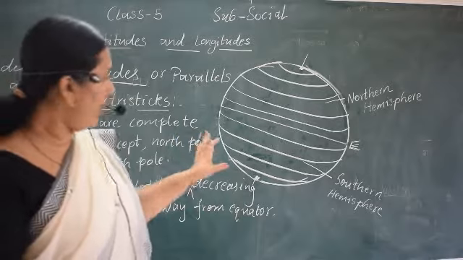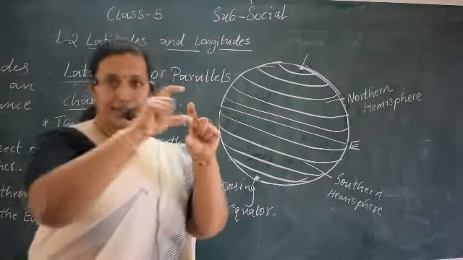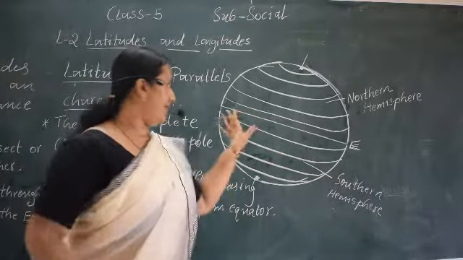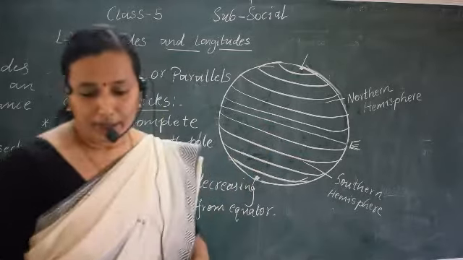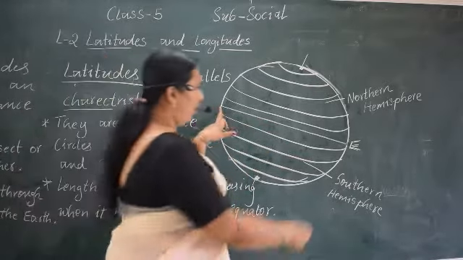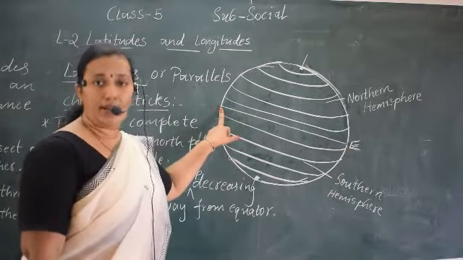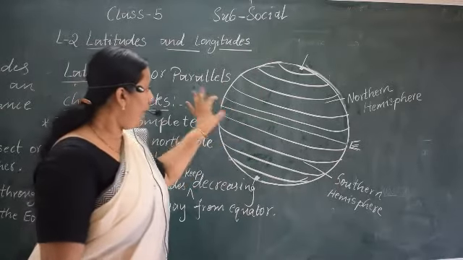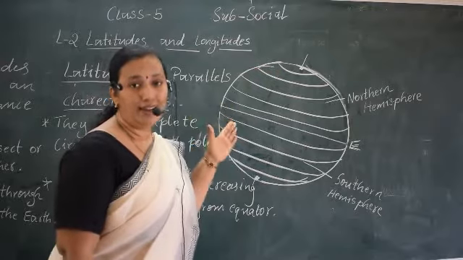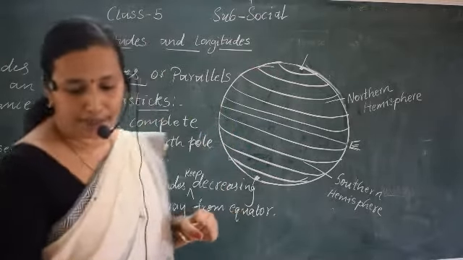Next, this is also known as a great circle. That equator, the widest part of the earth, is also known as the great circle. Okay, children. Then all the other latitudes are smaller circles compared to the equator. This is the widest part of the earth as well as the great circle. Compared to the equator, the remaining latitudes are smaller circles.